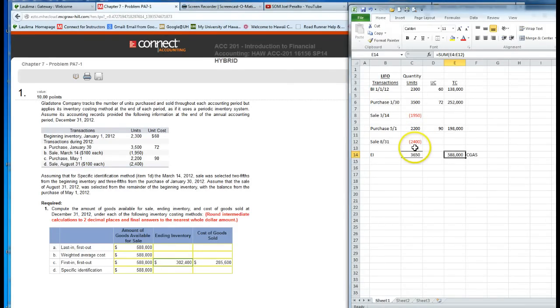And so our sale at August 31st, 2,400 units, is made up of the 2,200 units that we bought on May 1, and that's at a cost of $90 each, plus